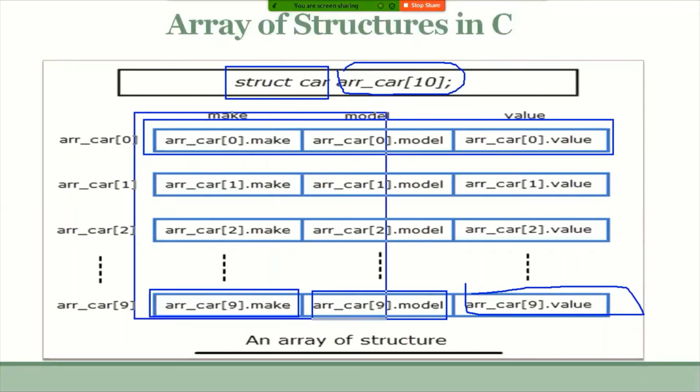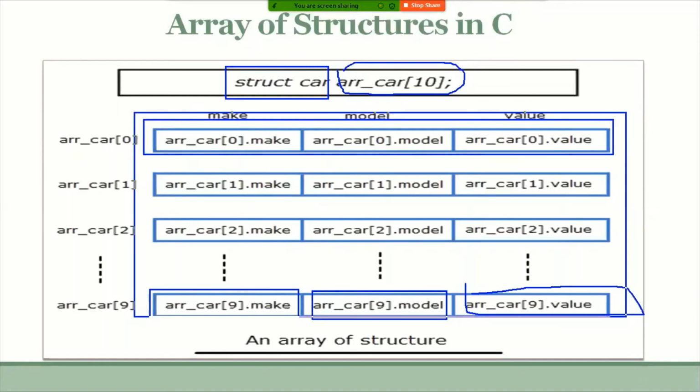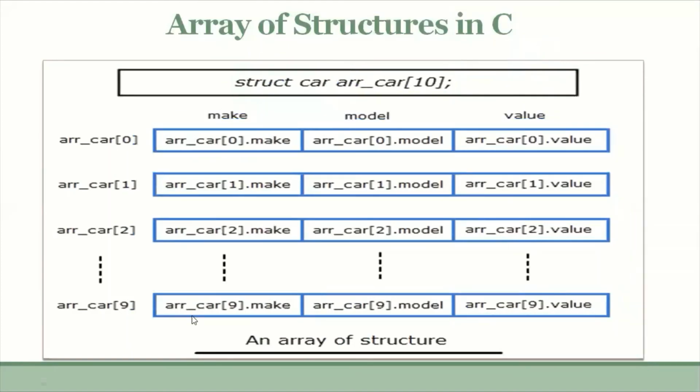That is about the array of structures example. Even student details we can maintain. So here, struct student S of 60. Then what happens? I can create 60 students. In that particular case, 60 memory locations, and each memory location will be treated as one student. That one student contains name, roll number, 6 subject marks, and percentage of marks. That is about array of structures, which we can understand with the help of an example program.